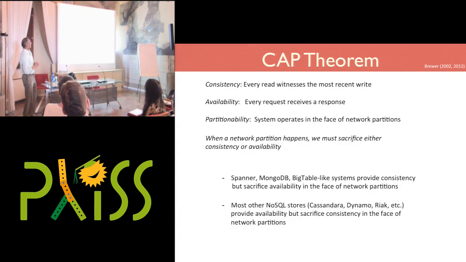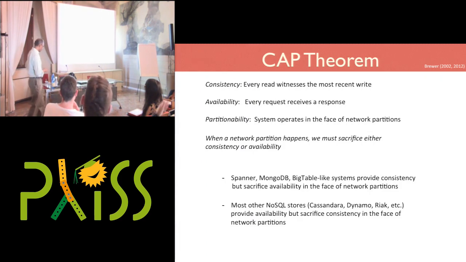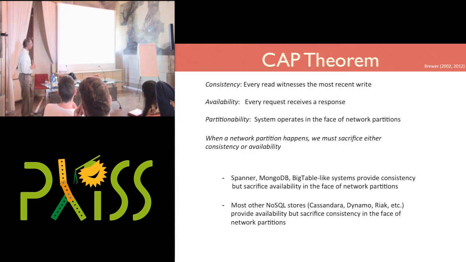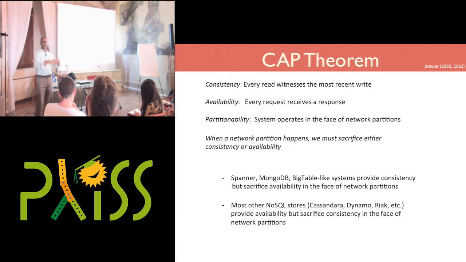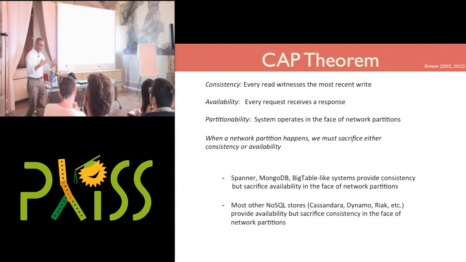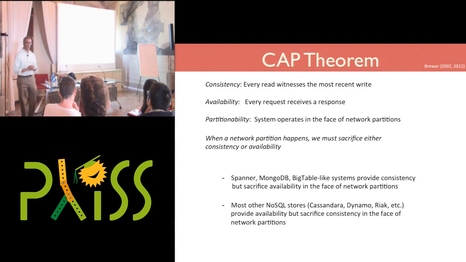Okay, so much of what underlies what we're going to talk about was formalized by Brewer in 2002, and it's this very famous conjecture called CAP. It was a conjecture when Brewer started it, and Gilbert and Lynch a few years later actually proved it, so it became a theorem. So what does CAP say? The observation is very simple, but has significant implications for systems design.